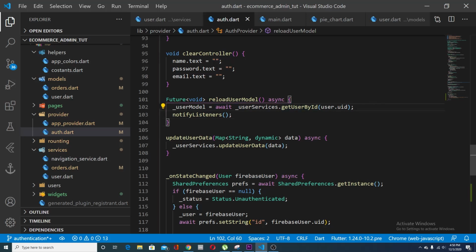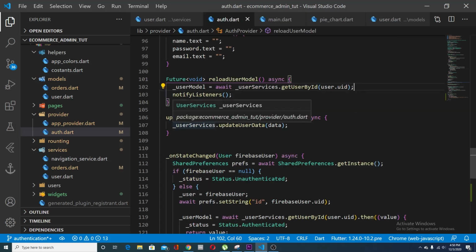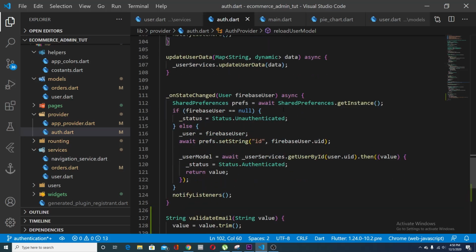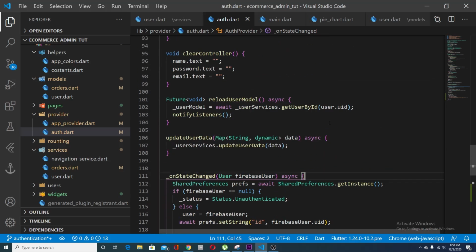We just define this method inside of our user services class, right? And I do this when I don't want to use streams. Update user data, again we do this to update the user data, and just call user services dot update user data and pass the data we want to update. If you remember, this method now is the one we are calling here